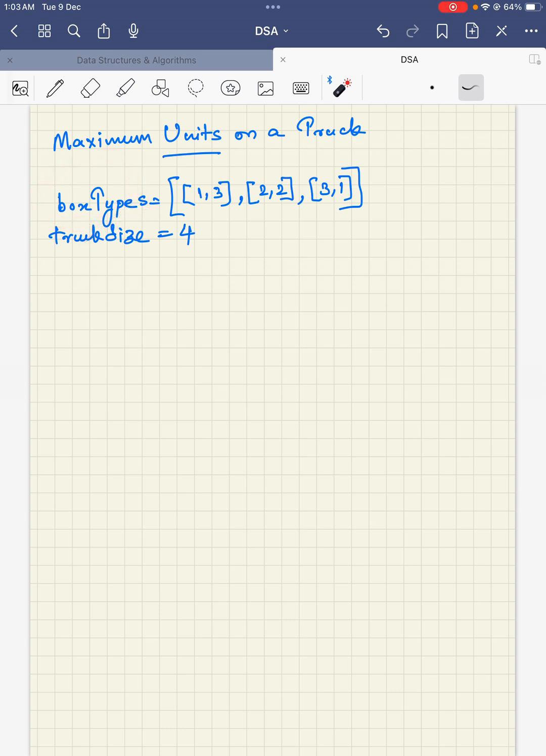Inside the list there is another list, an internal list. The elements of that internal list: one represents the number of boxes, and the following number represents the number of units that particular box contains. And the objective is that